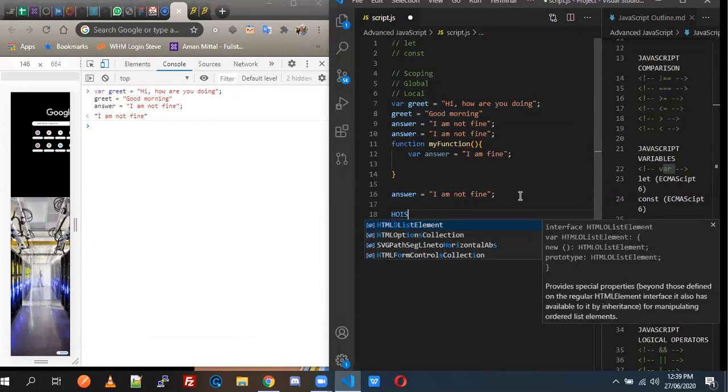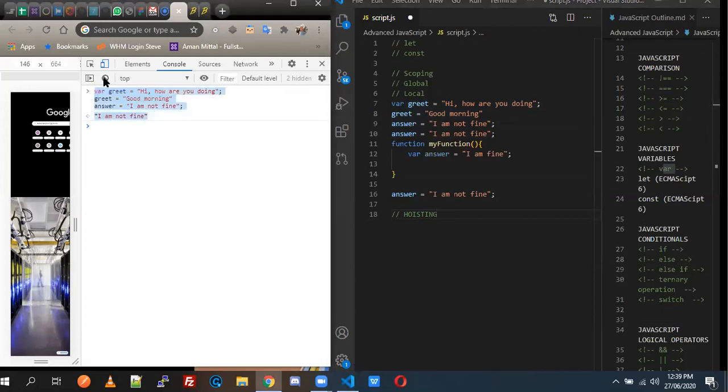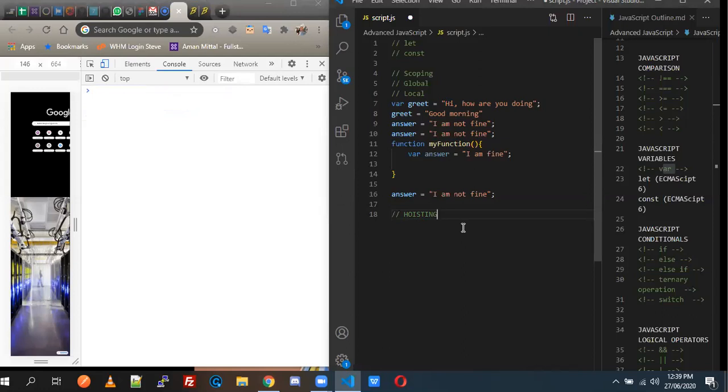So it is hoisting like this. So what is hoisting? Last week I promised there was something we were actually trying to do here, and we are getting to it. What is hoisting? Hoisting is a JavaScript mechanism where variable and function declarations are moved to the top of their